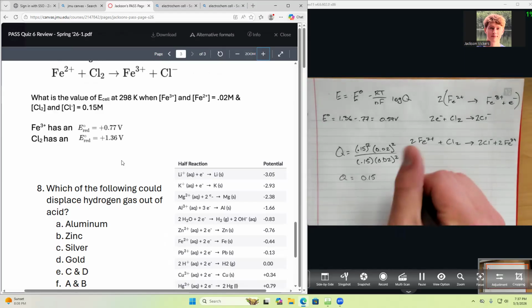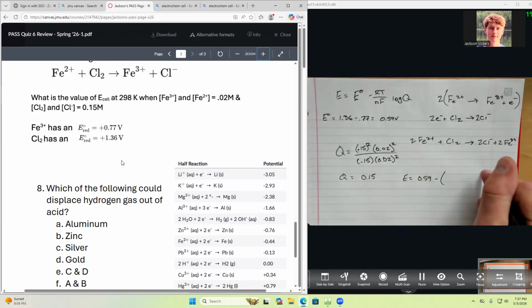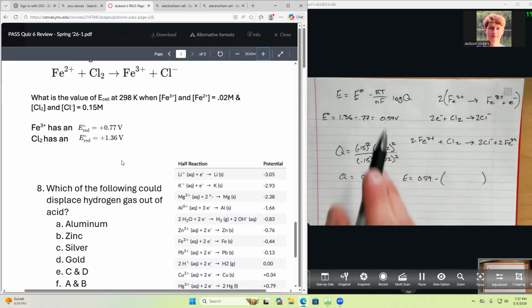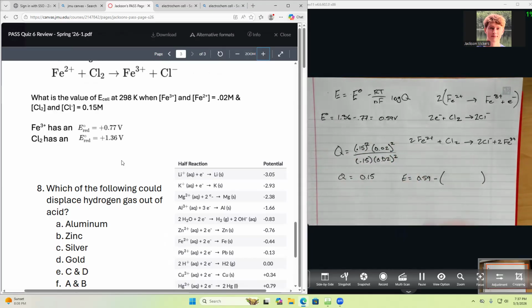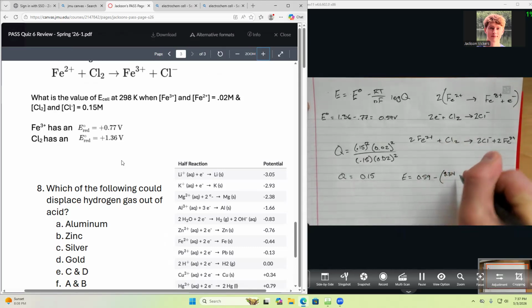So now we can set up the equation. E equals 0.59 minus, and then all in a big parentheses. I'm going to do it this way. Do it your guys' way. Again, I hope we get the same answer. R should be 8.314 times 298.15